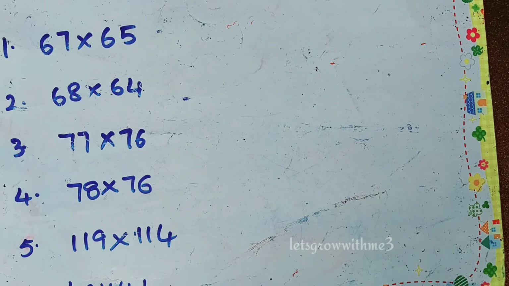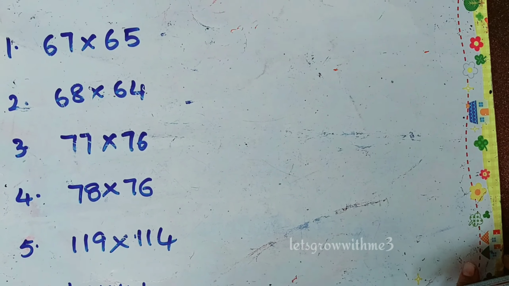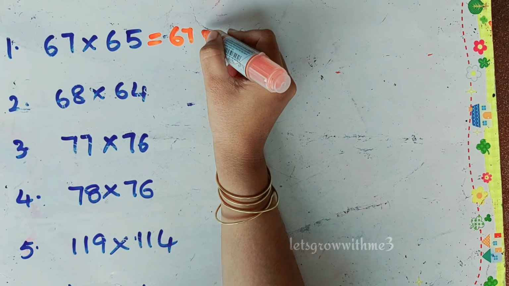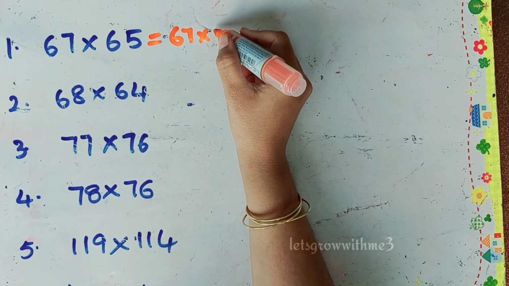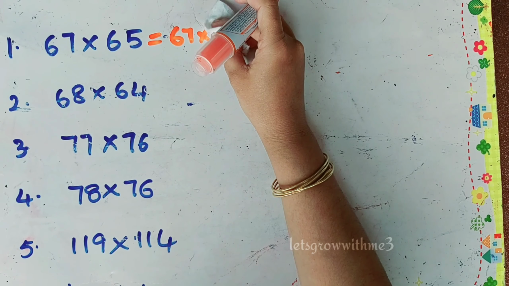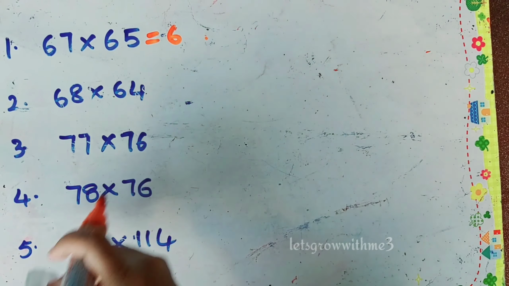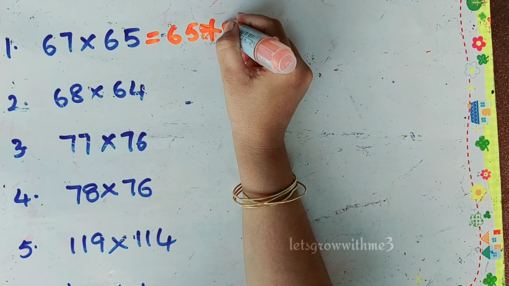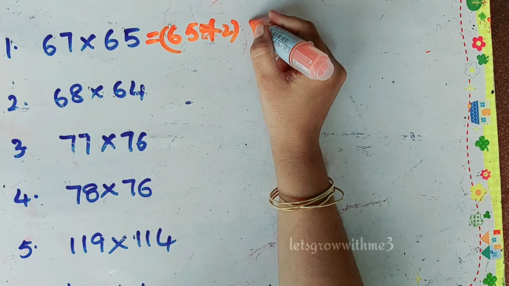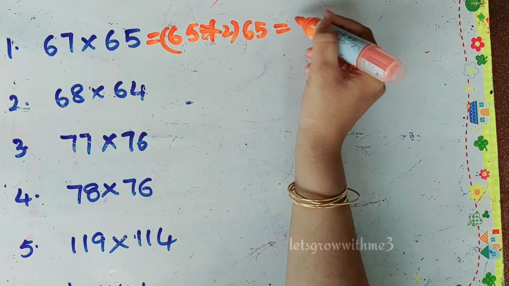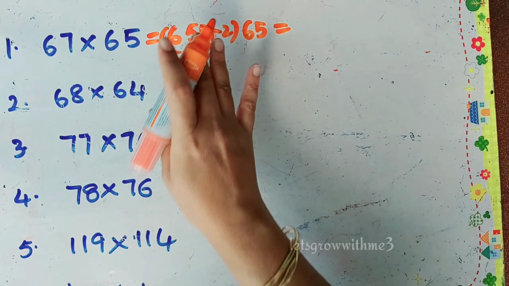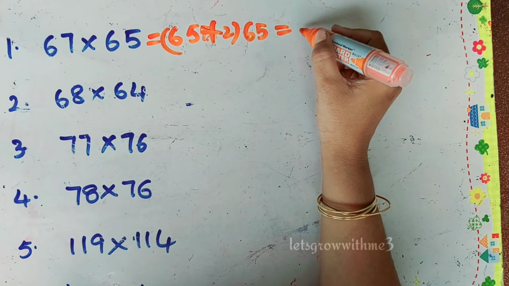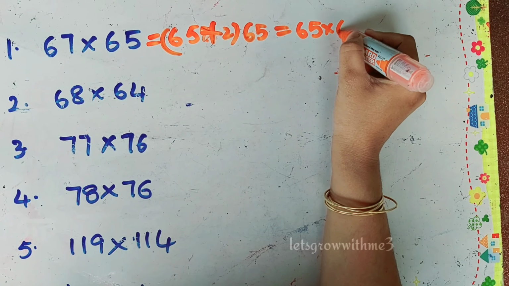If you see the first example, we have 67 times 65, which is violating our rule. The tens place is okay, the values are the same, but in the ones place you are not getting 10, you are getting 12, right? So how can we make it so that when you add the two digits you get 10? Without changing the values, I am writing this as 67 times 65 becoming 65 plus 2 times 65. It doesn't change the meaning of the first one, right?